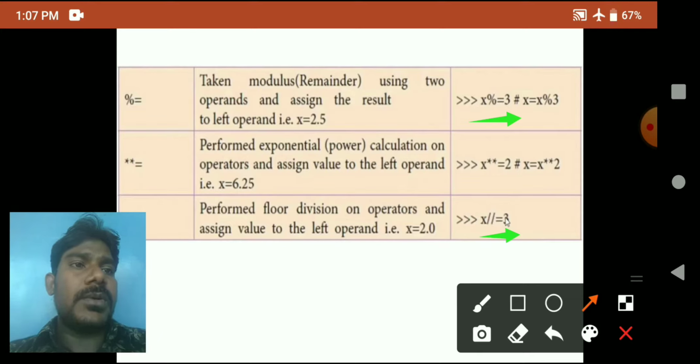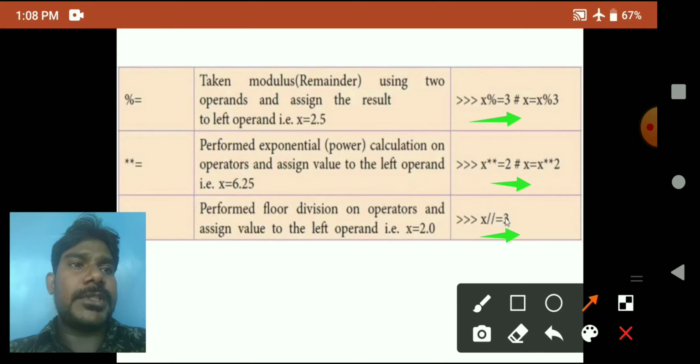Here, power equal to, x power 2. The x value is 10, so 10 power 2 means 10 multiplied 2 times, 10 into 10, 100. That is the result of x power 2. This is the way to expand and write the expressions.